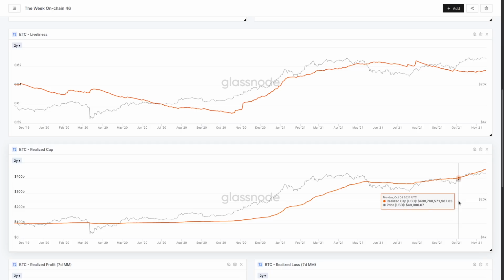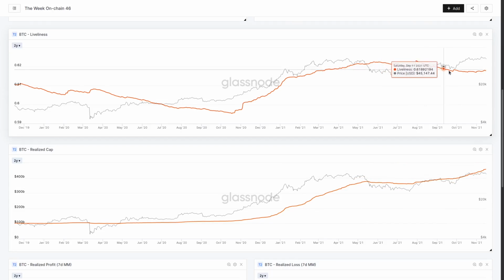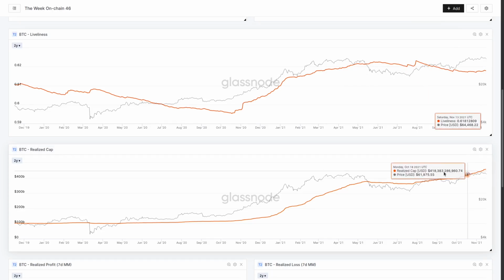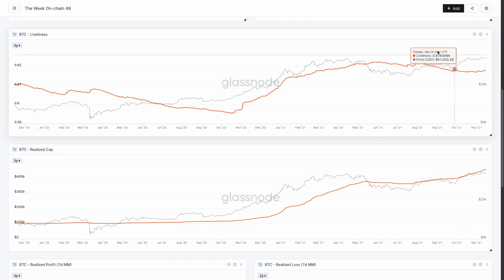What that's actually telling us, we have coins being revalued higher, but we have not quite so many coin days being destroyed. That tells me that most of the coins being spent at the moment are actually from within this recent market cycle. Most of the coins that are on the move were not purchased back here at $6,000, $5,000. Some of them, of course, will be, but most of them are actually being revalued from relatively young, a couple